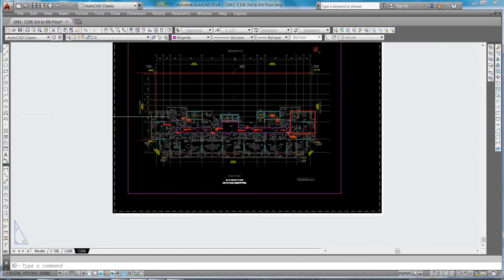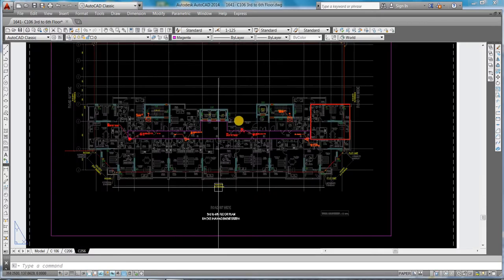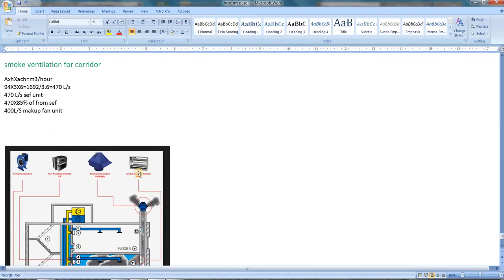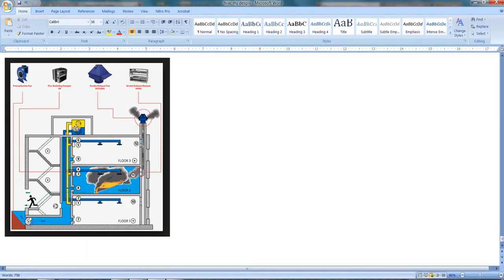This fan is also provided in the roof area. I already showed this one, no? Same, this is a building. From here we take it to a plant room, and in the plant room we provide extract and backup.